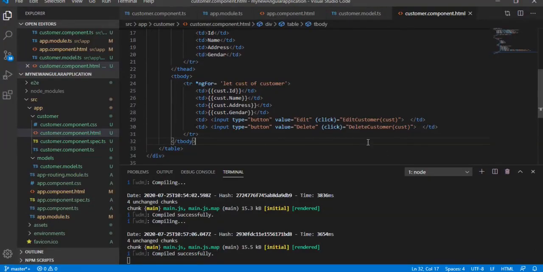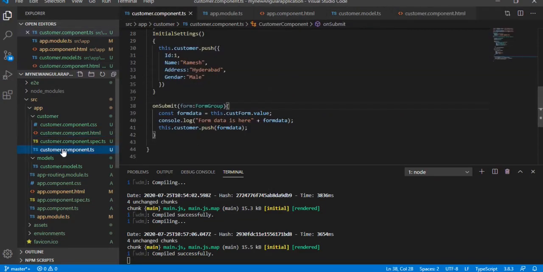After adding edit customer, go to the customer component.ts. The core logic we are going to write in the customer component.ts.